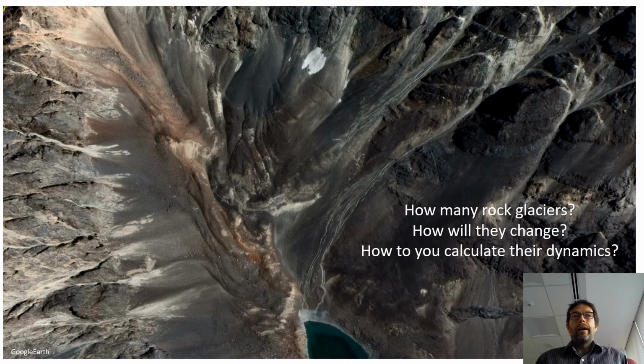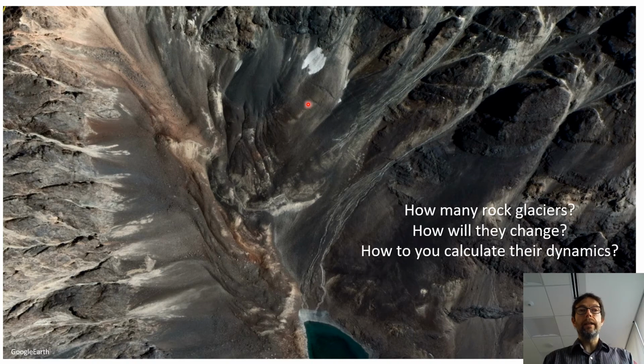So yeah, how many rock glaciers are there? How will they change in the future? And where is its dynamics, and you can see we're here a little bit in a bowl. So we have slopes facing in one direction, slopes facing in the other direction. We have a rock glacier coming down here. There's a front, there's a front, there's a front. We get some slope instabilities that you can see through these cracks in this direction. So there's a lot going on here,